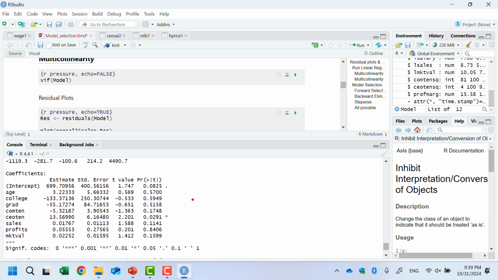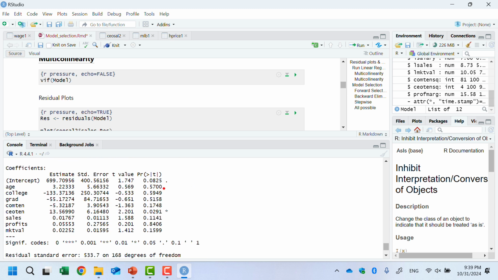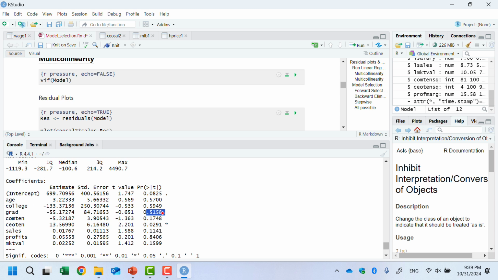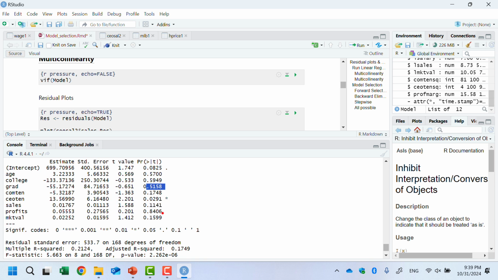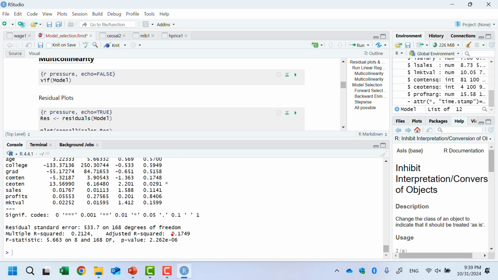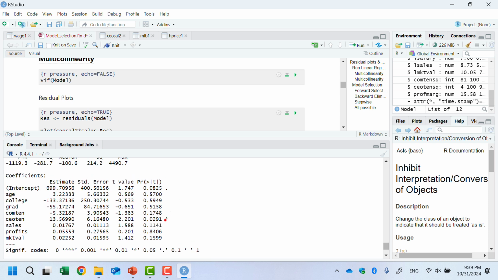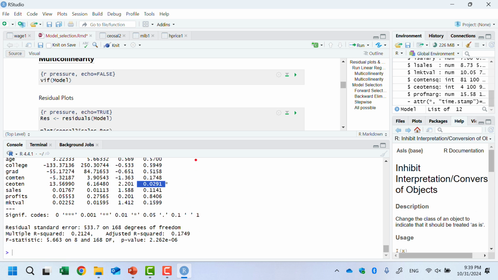You can see each coefficient and its probability. Age is actually high, right? Everything is pretty high. You can also see the R-squared is just 0.17. The F test p-value is significant, so you can tell this is significant, but this is the only one which is significant, right? And so on.